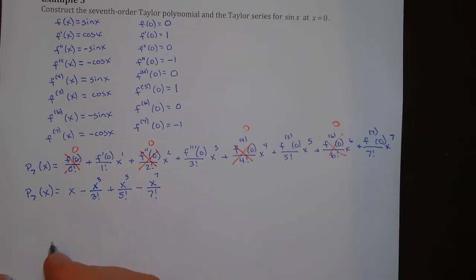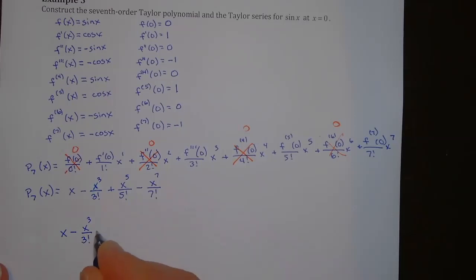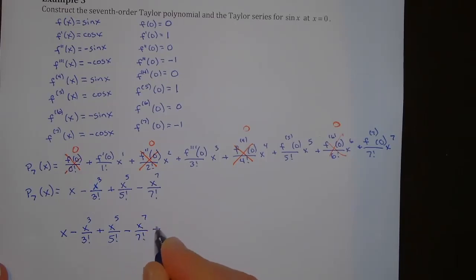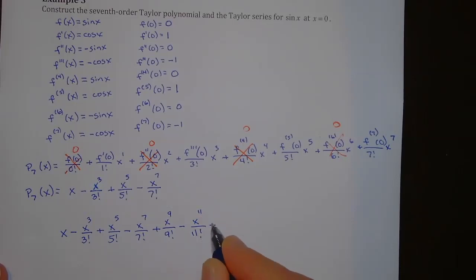I'm going to say something in just a little bit that I want to add to this. Okay, so it's going to be x minus x cubed over 3 factorial plus x to the fifth over 5 factorial minus x to the 7th over 7 factorial plus, I bet you can guess the next one, maybe x to the 9th over 9 factorial minus x to the 11th over 11 factorial plus, and I'm going to go